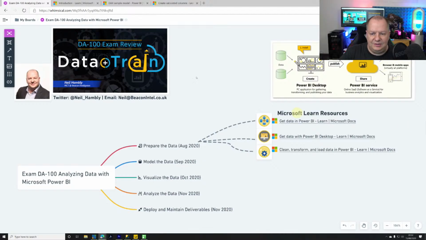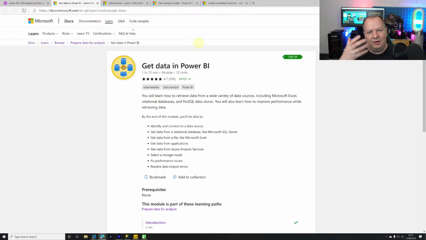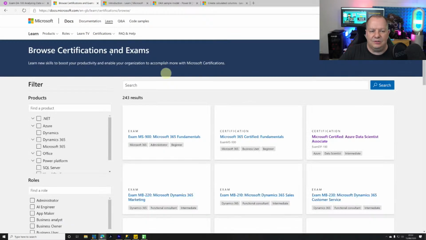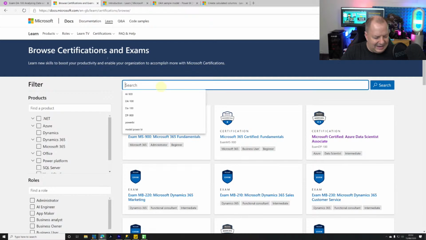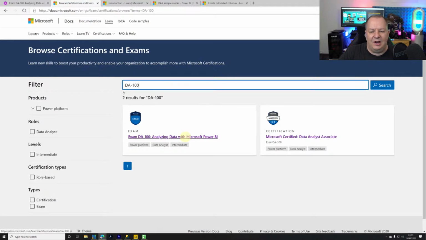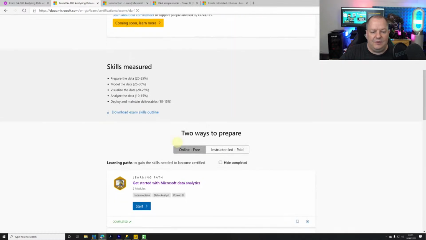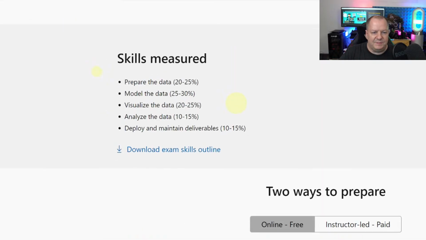We're going to go into get data, which is going to take us to the Microsoft Learn portal. In here, I'm just going to go to certifications, and I want to go to browse certifications. I want to look at the DA-100 certification. I'm going to show you what we have inside of the skills being measured. So the exam itself has a number of skills. The skills being measured are